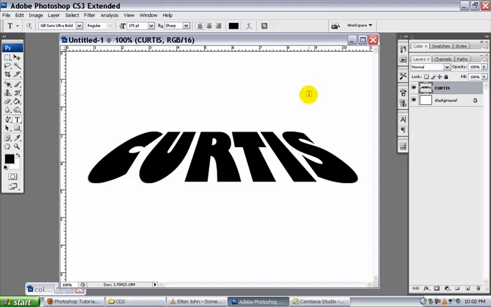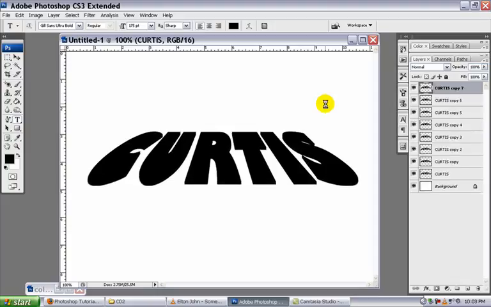Now what I'm going to do next is I'm going to make many copies of this, but the way I'm going to do it is with the keyboard. I'm going to hold the Control and the Option key on my keyboard. So hold down Control and Option, and you should see that your mouse is this black and white tipped arrow here. And I'm going to use my down arrow key, and I'm just going to hit down, down, down,